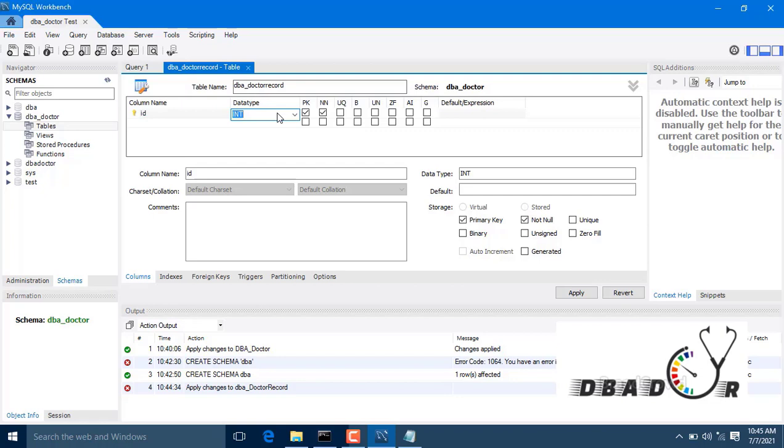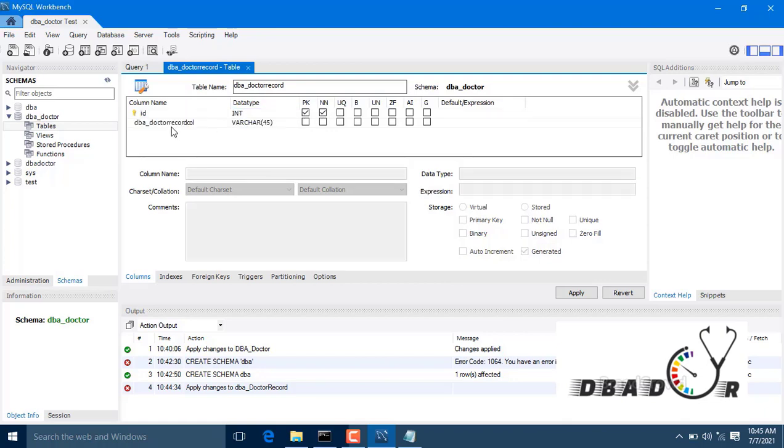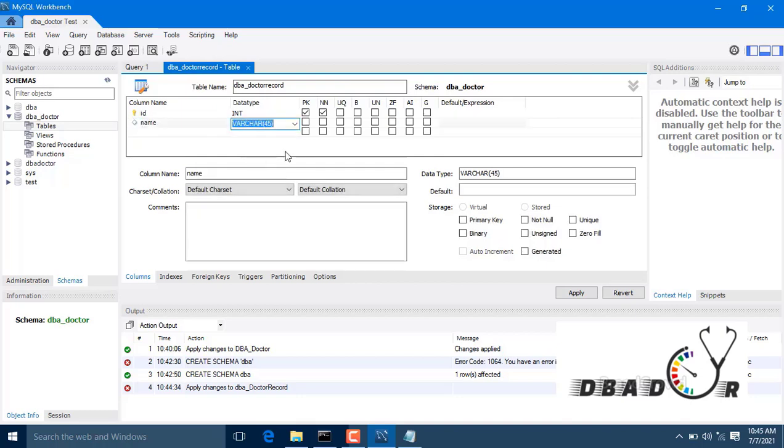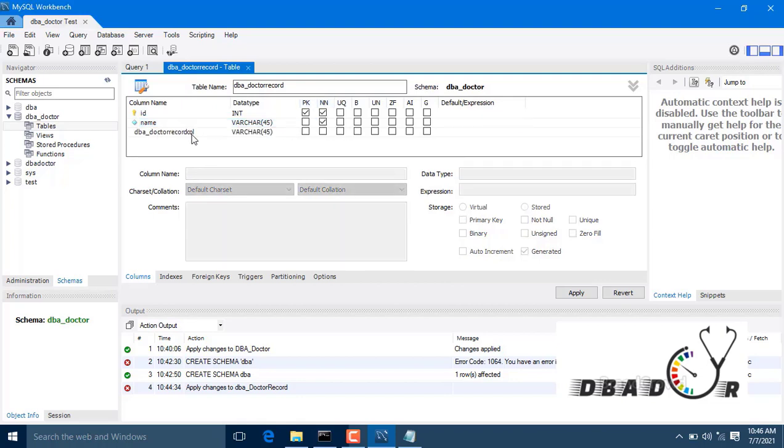If we want to give a number, then definitely we have to choose an integer value, and we are giving it as a primary key because based on this record we are going to search, and for tuning and all it will help. Okay, and NN means not null, so I'm giving that here. And this one again, this record name is a variable character, so it's not a primary key, so not null I'm specifying, so we require that record.